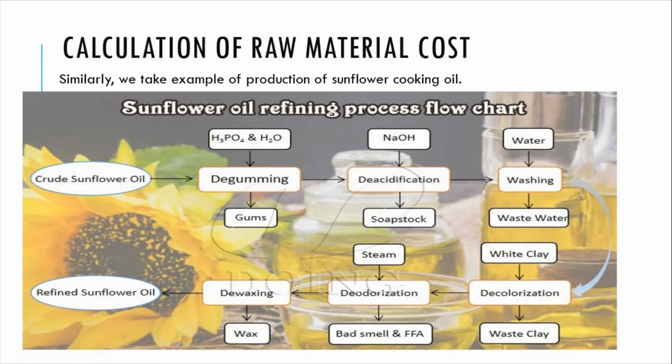Simply stating, if we require 100 liters of refined oil, we will add back the weight losses due to cleaning, then wastages, as well as 6 to 8% of soap stock to calculate how much crude oil should be input to obtain 100 liters of refined sunflower oil. In short, each product has different types of processes and wastages. However, the method of calculation is the same.